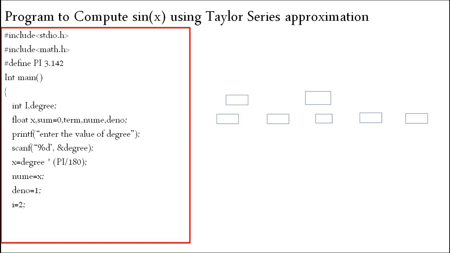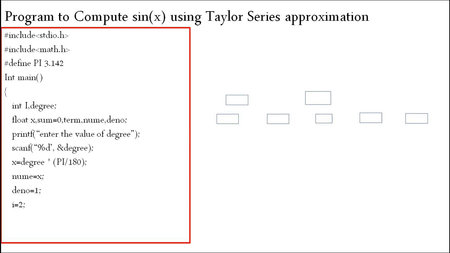So after the header section, my program starts with main. So I'm giving int main. The speciality of int is that I want to return something back to my operating system. So if I'm using int, I want to use some kind of return statement after completing my program. So that we will see in the ongoing slides. So it starts from main.